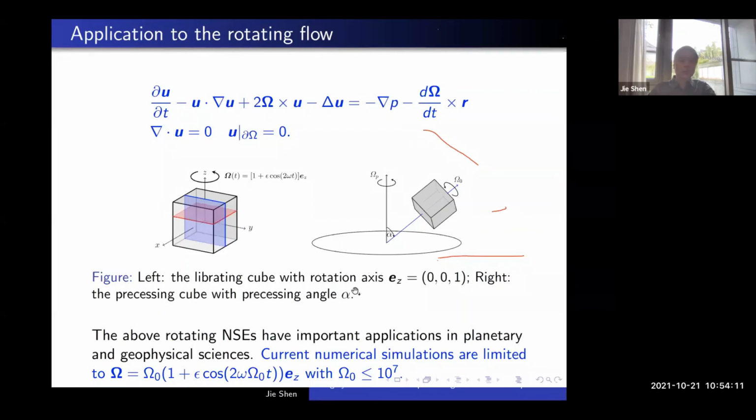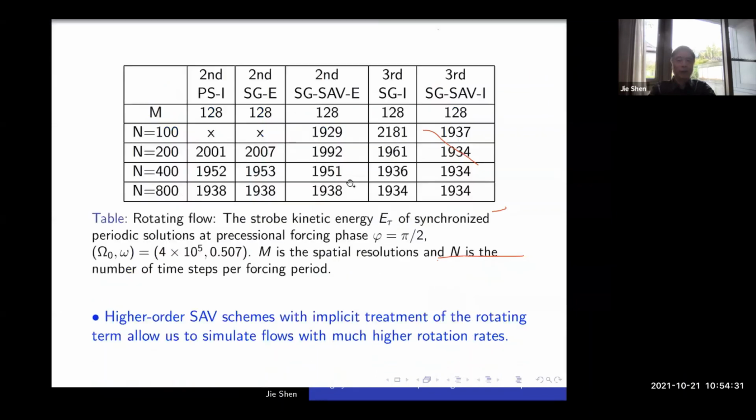The previous scheme was limited to a rotating speed of about 10 to the 7 because it required a very small time step for the previous numerical scheme to work. But now with our scheme,